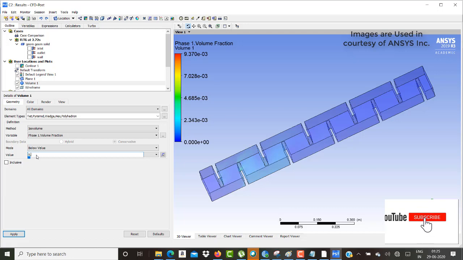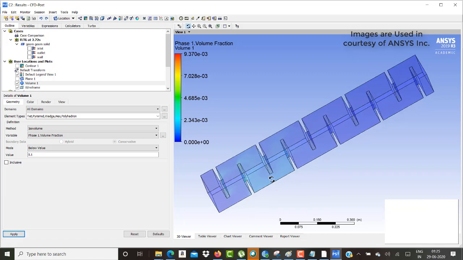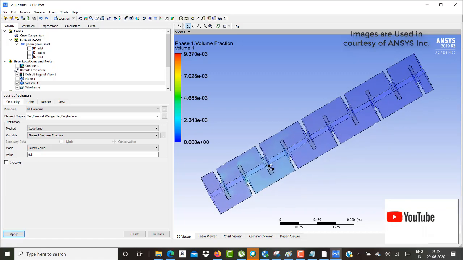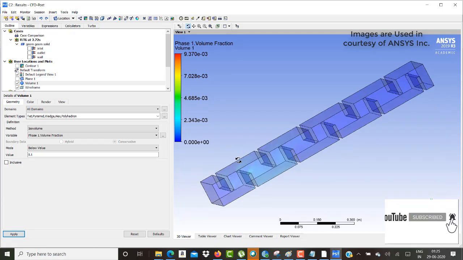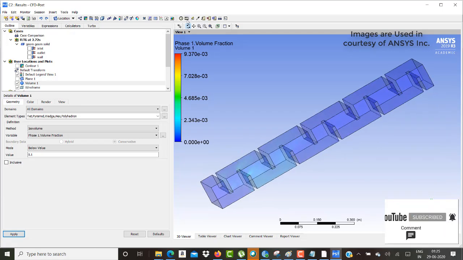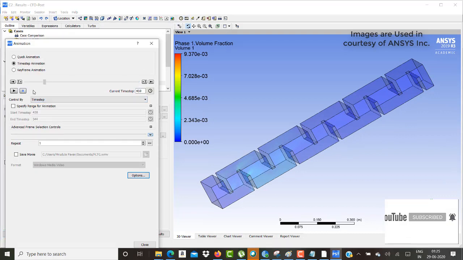So 0.1. So you can see, right. These are the areas where water vapor is turning into water. You can have a time step based one also.